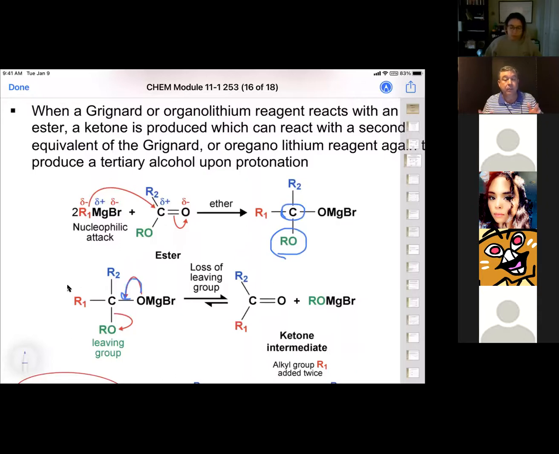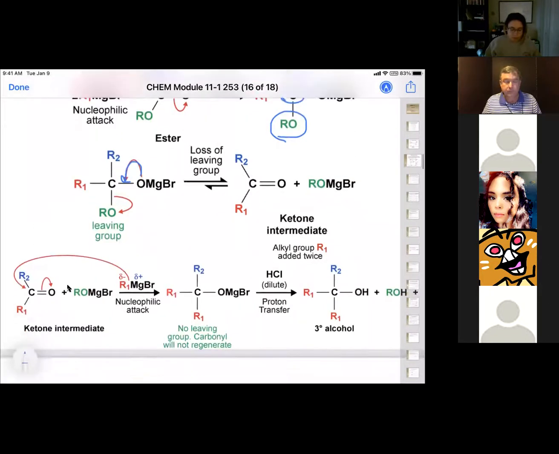Now, the problem is you now have a carbonyl compound. So any Grignard laying around is going to react with that ketone to generate a